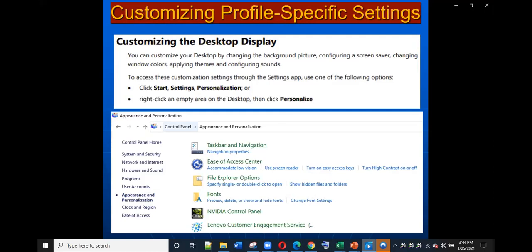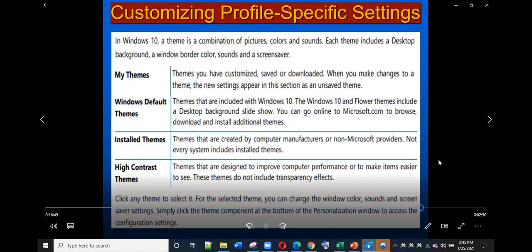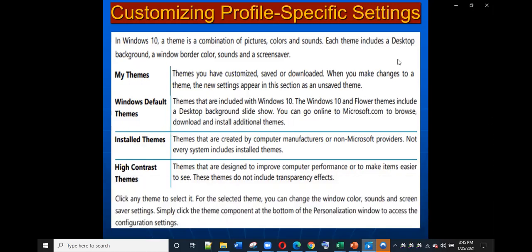To access this customization setting through the Settings app, use one of the following options. Click Start, Settings, Personalization. Or simply right-click an empty area on the desktop, then click Personalize. Now, you can use the tabs within the Settings app window to make your customization. A few of the links of advanced settings take you to an appropriate page in the Control Panel. To access this customization setting directly through the Control Panel, right-click, then click Control Panel, Appearance and Personalization,